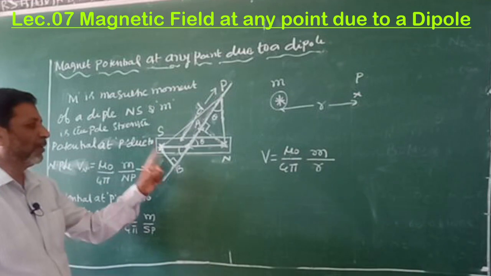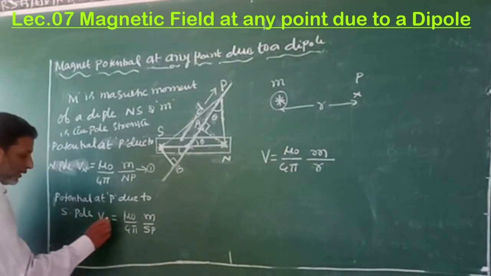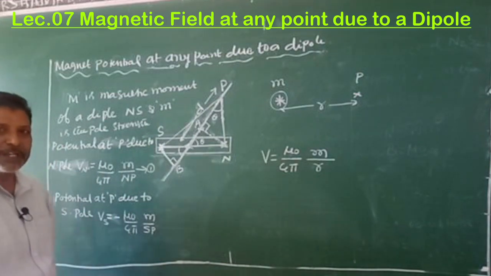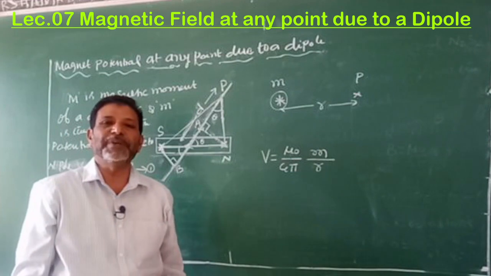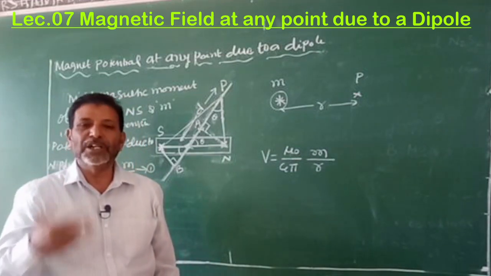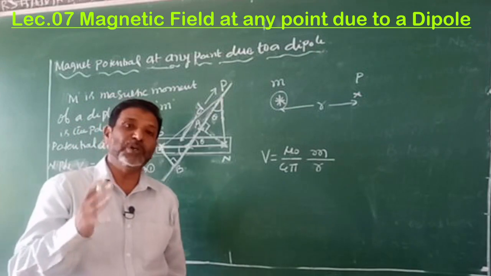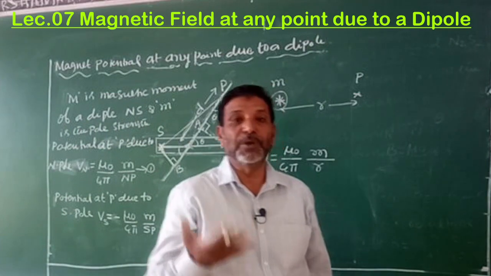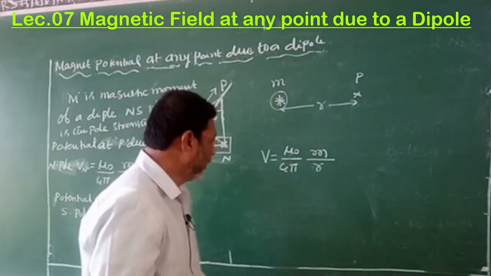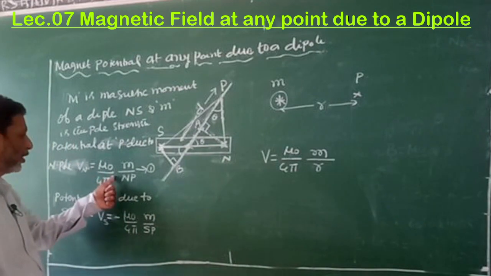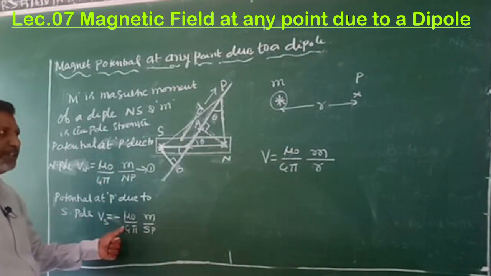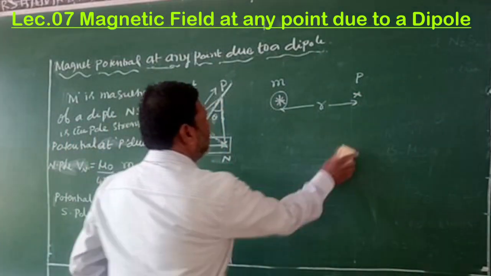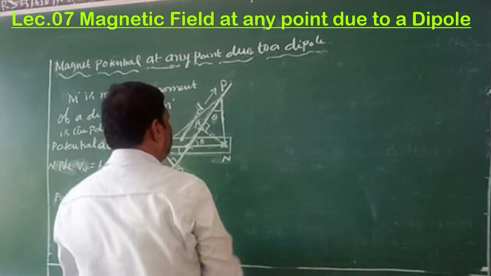The potential due to the south pole is taken as negative because, as you have studied in the previous lectures, the north pole is taken as positive and the south pole as negative. Hence the potential due to the north pole is positive, and the potential due to the south pole is negative. Then the net potential at P,